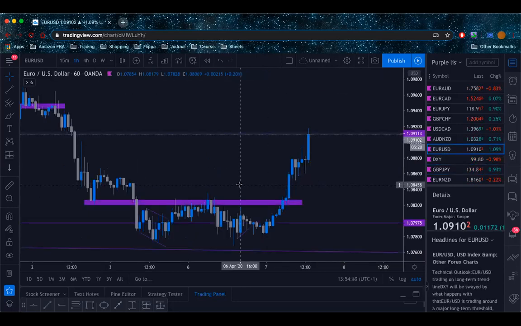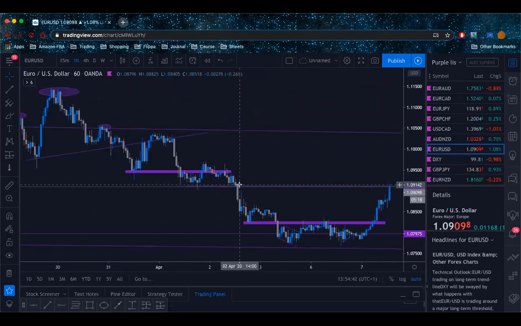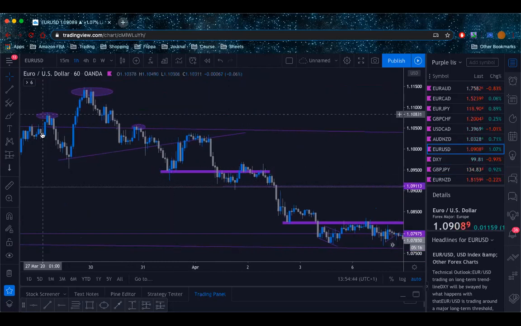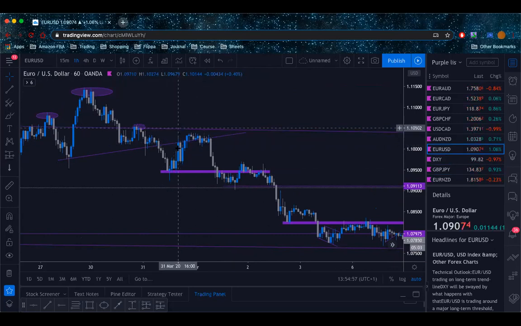Now, an example of scaling into a trade that's winning, I'll show you Euro US dollar. So this was my original setup. We had the head and shoulders, we had the break of the neckline, the retest, and I believe I got in on this candle here on test of the trend line with stop loss set just above here or something like that. Then we see the curve, the fall, and that's our initial entries in profit now.